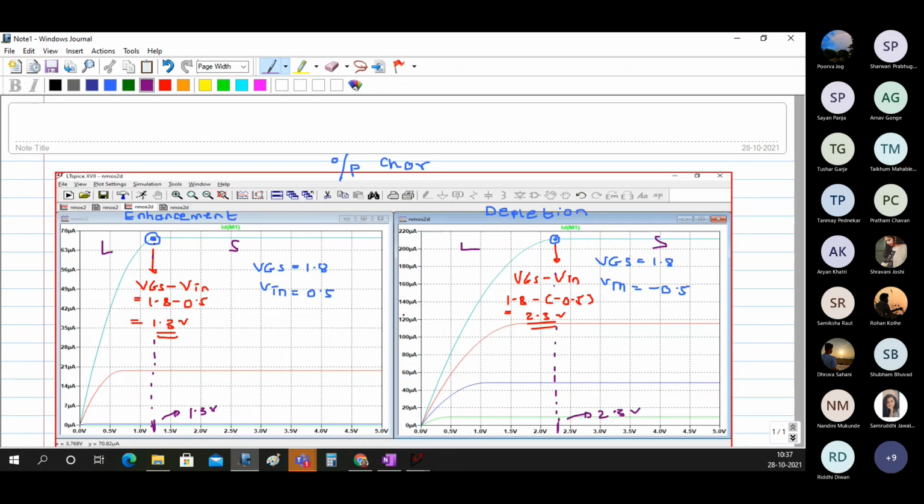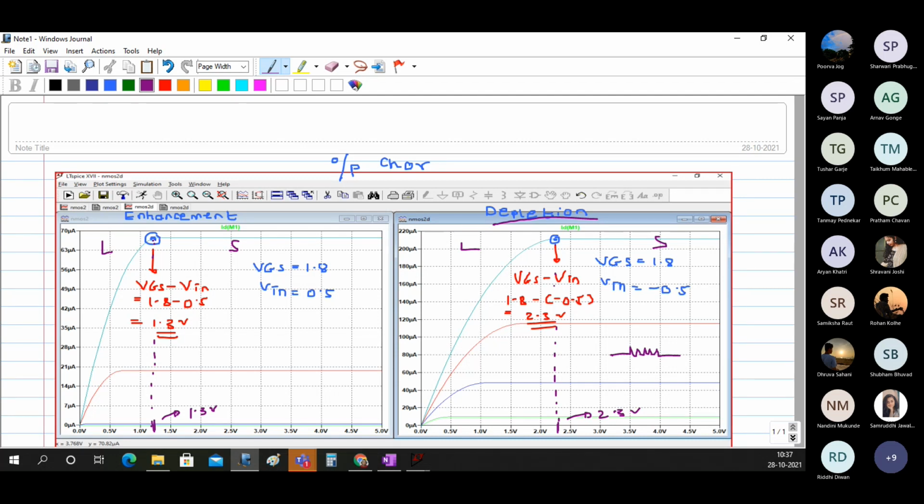So you can see now that the linear region has increased like anything. So we can use this depletion transistor as a resistance, because the linear region is much bigger than the saturation, or it's bigger as compared to the enhancement.